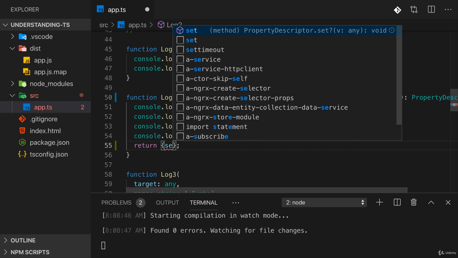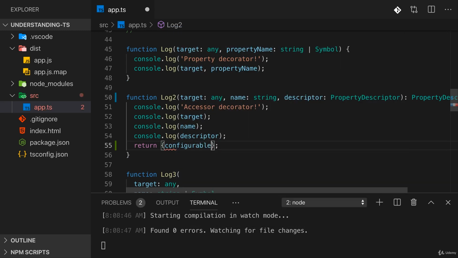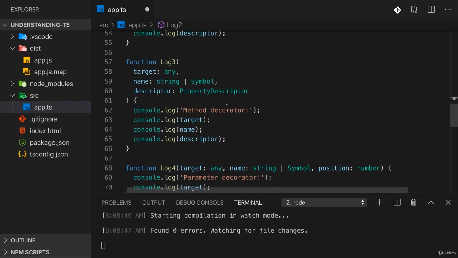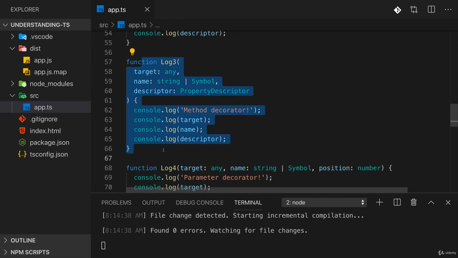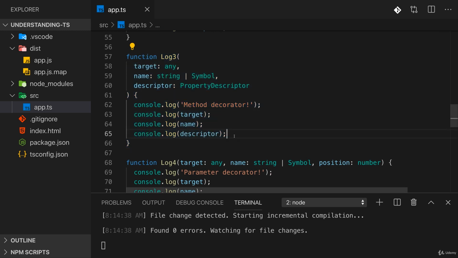And there you can therefore also set the set keyword, the get keyword, the configurable or the enumerable property, and change how this accessor or method is configured. Now, I don't want to do that here for the accessor. There's nothing interesting I could do with that, and therefore I will not return a property descriptor. But I will actually show you an example with the method decorator where we will return something and where we can build something interesting with the help of